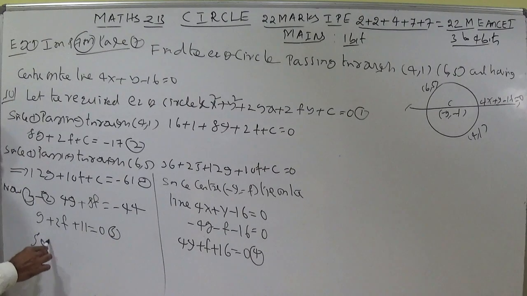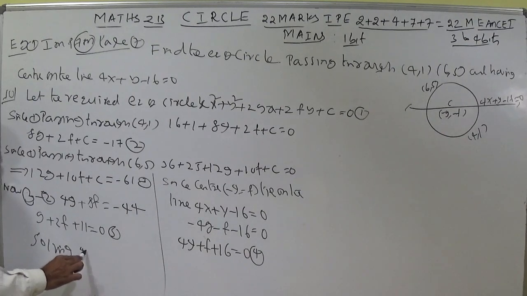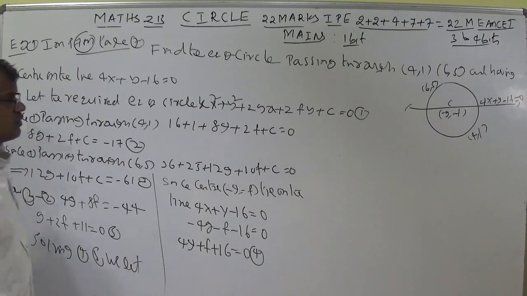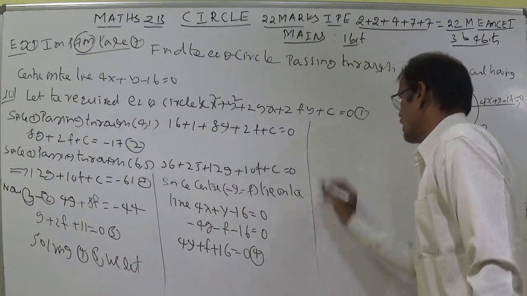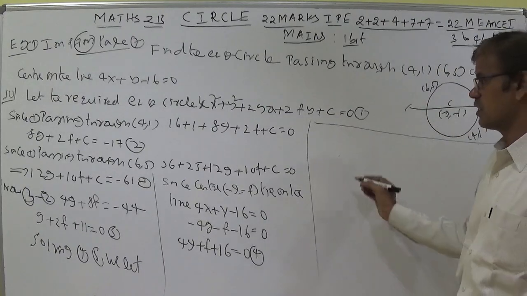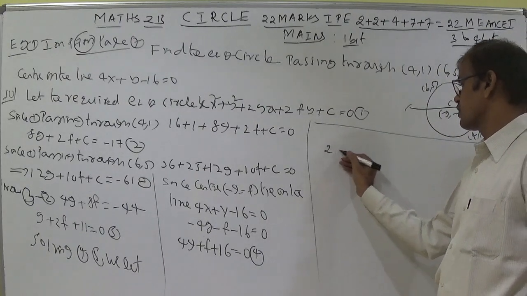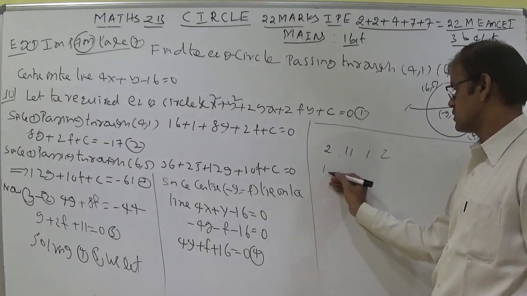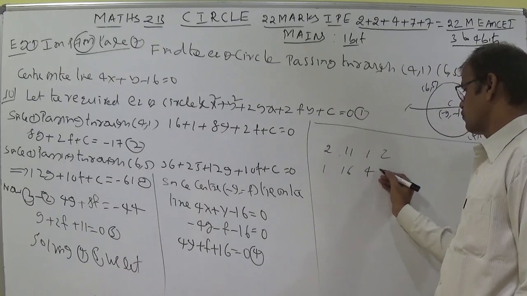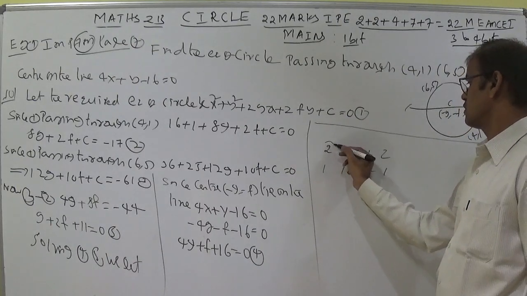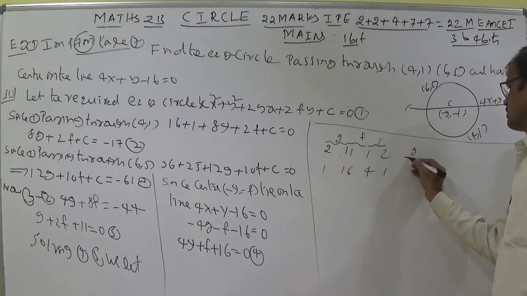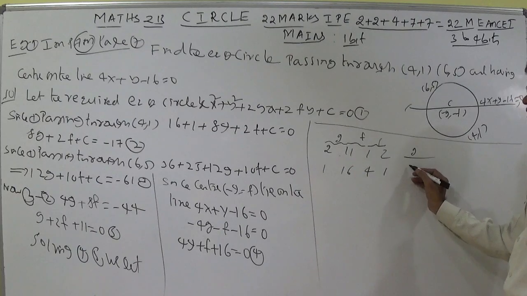Now solving 4 and 5 we get. We can solve the equations by the cross-multiplication method. Here you put 2, 11, 1, 2, and here 1, 16, 4, 1. This is for g, this is for f, this is for 1. G by 32 minus 11,